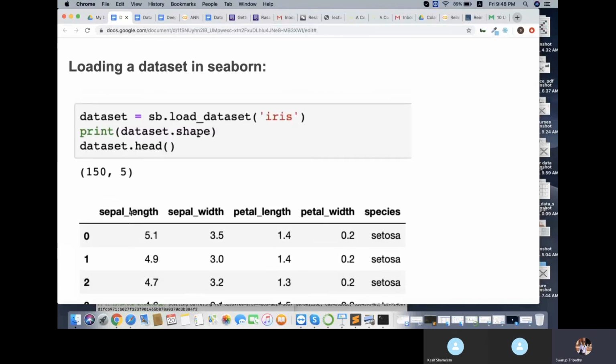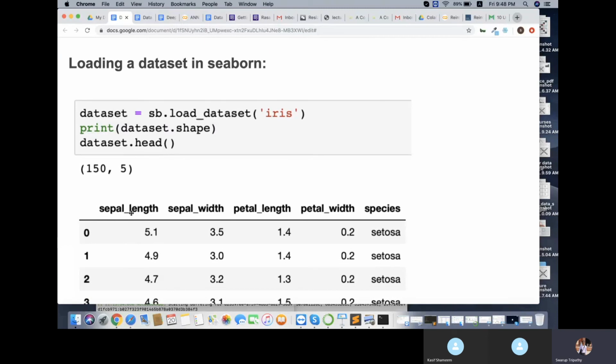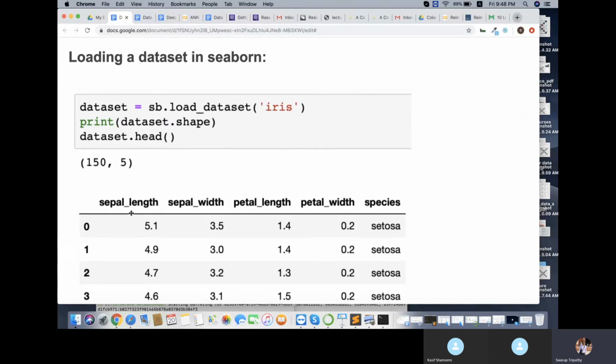So here, you can load the dataset by saying sb.load_dataset. This will first download the file from the internet to your system, then it will do read CSV on that. Everything is taken care of by this function itself. It also converts the file, by reading it, to a data frame. So now whatever we see here is a data frame. Any doubt here?